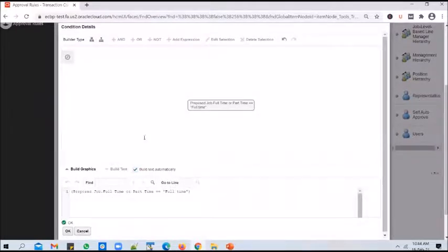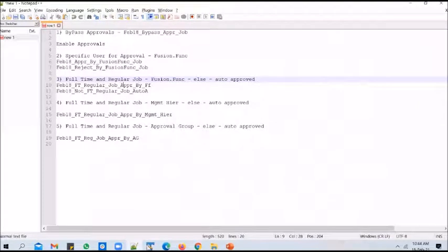But is this condition sufficient for us? It is not sufficient, right? We also need to check if it is a regular or not. And the condition we need to check is AND. It could be OR as well. The client could have said OR, but he said AND. So since he said AND, I'll show you how to use the logical operator AND. But if he had said OR, you could easily replace the logic or extrapolate the logic I'm going to do now with the OR operator.